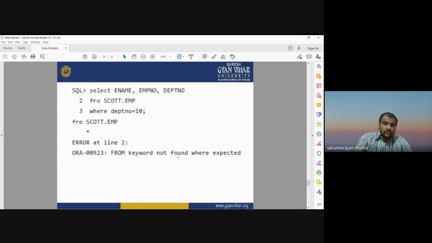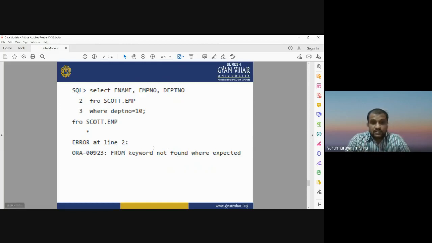Suppose you are looking for the date of birth of a student, and the date of birth of a student is not available in that database, so it cannot work. Whatever keywords, whatever data you are looking for, it should be available in the database table from which you are going to retrieve your information, from which you are going to run the query.